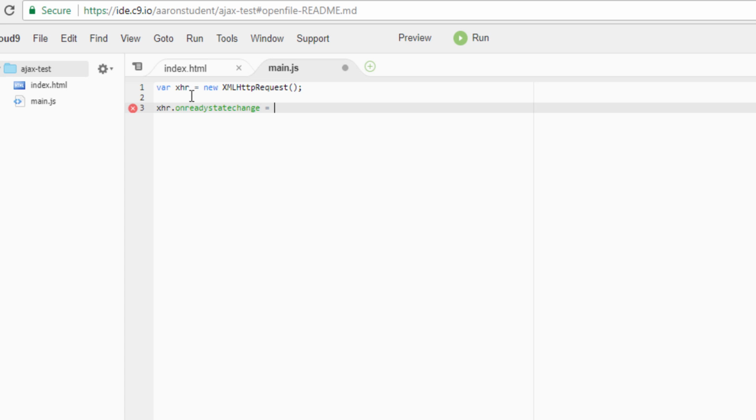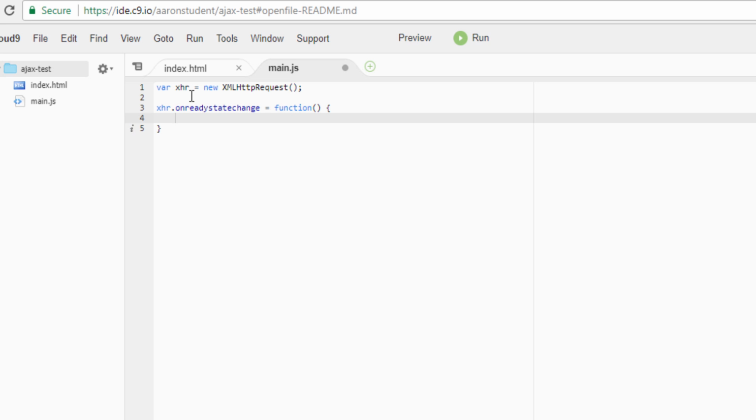So this gives us a method to open connections and to send connections and close them. So now we want to create a new function, xhr.onreadystatechange. And whenever the state changes of our XHR object, we want to run a check. If the ready state is equal to 4 and the status is 200, then what we want to do is